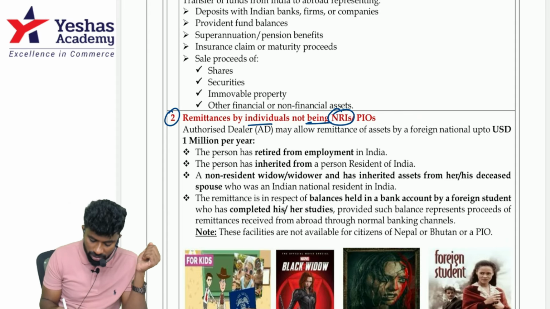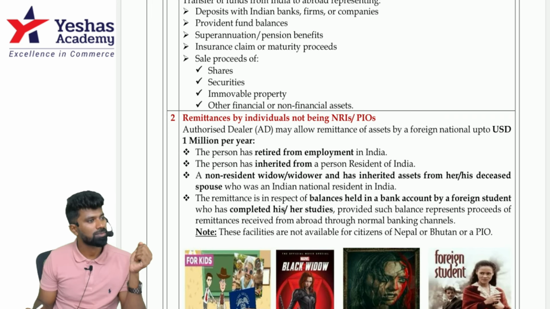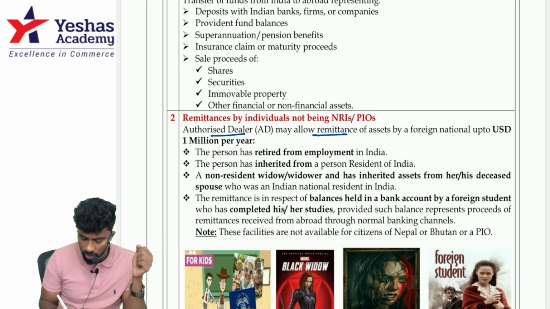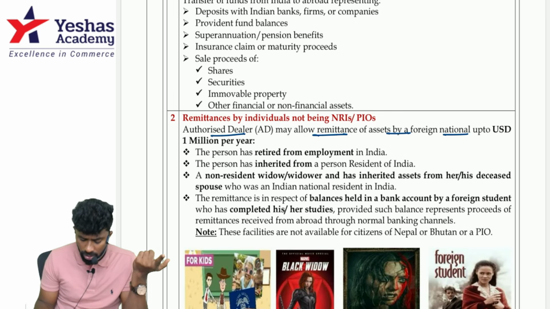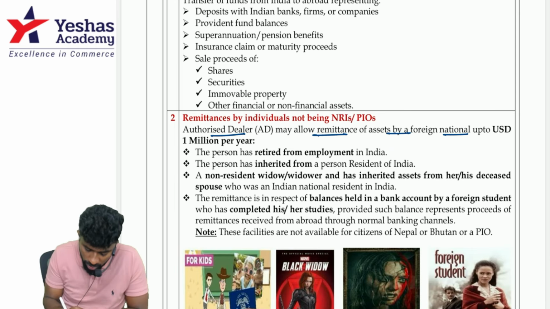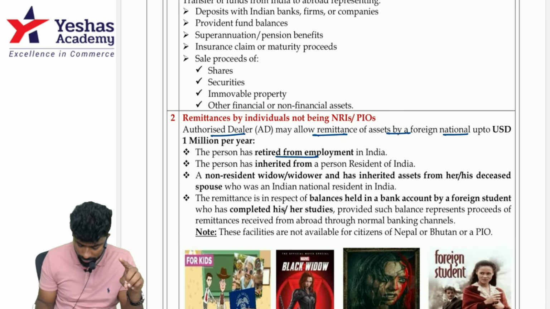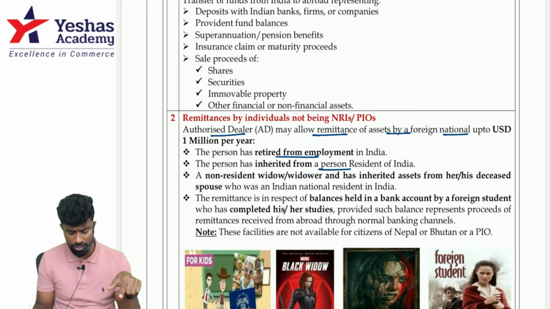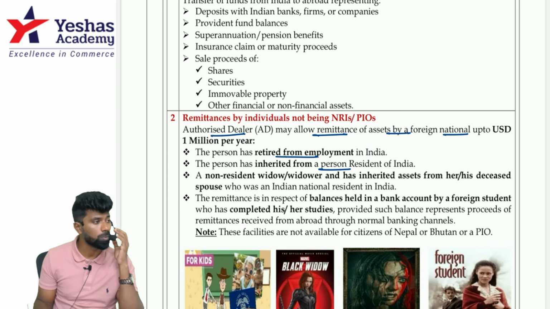Let's read. Authorized dealer. Generally, the banks are called authorized dealers. An authorized dealer may allow remittance of assets by a foreign national up to 1 million US dollars per year, if that remittance is out of assets where the person has retired from employment in India, or has inherited from a person resident in India, or a non-resident widow or widower